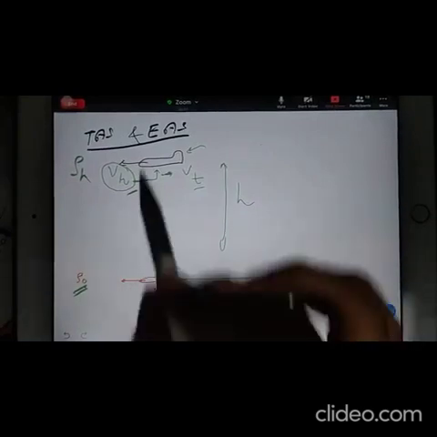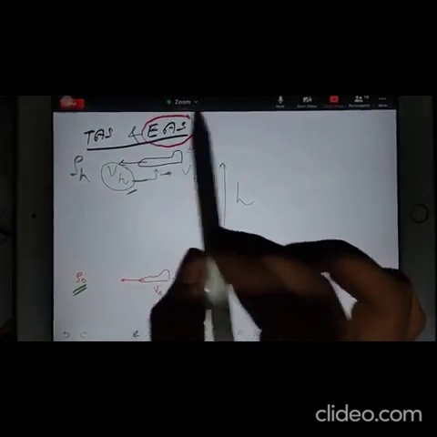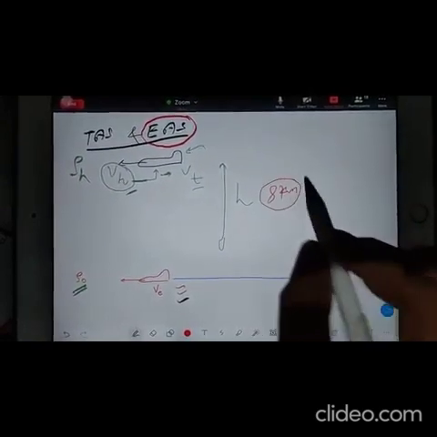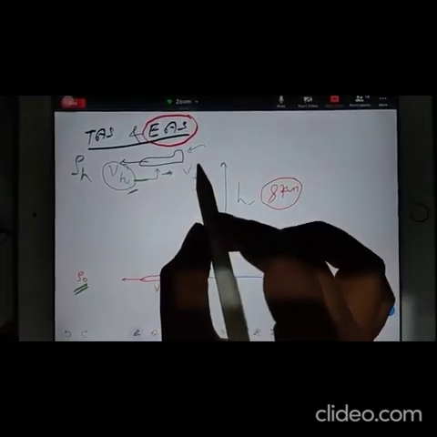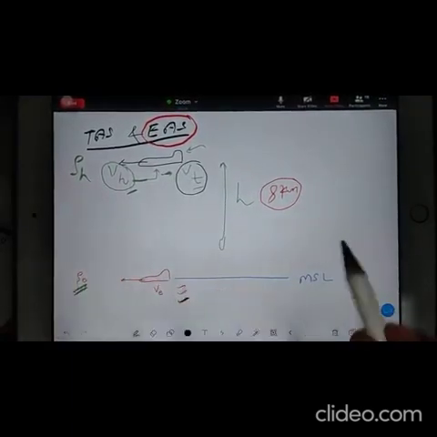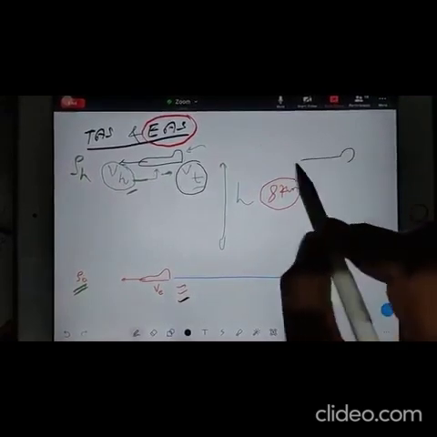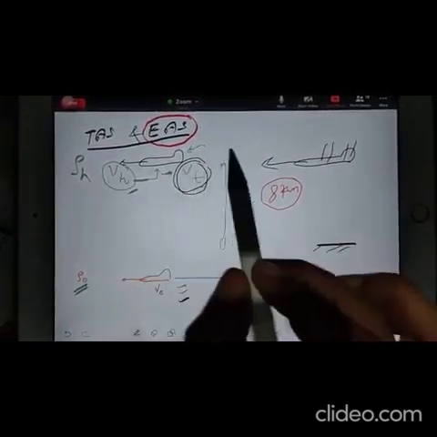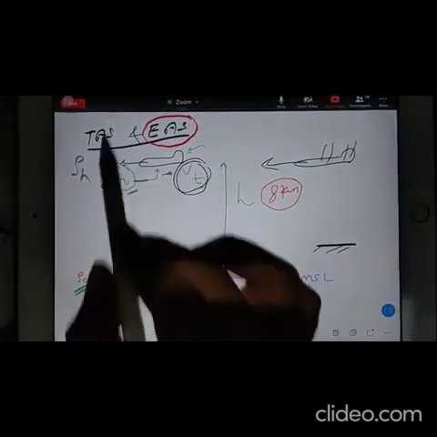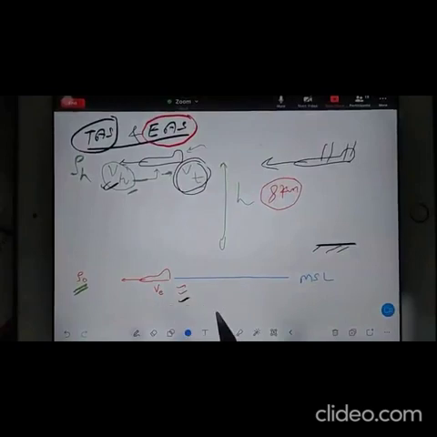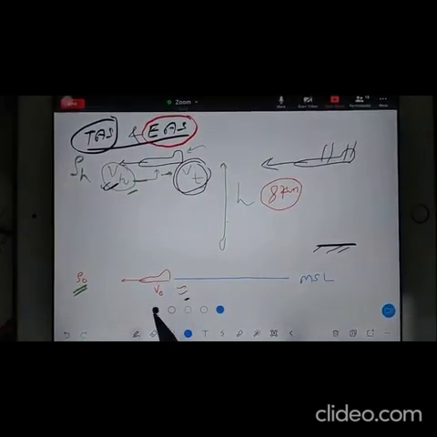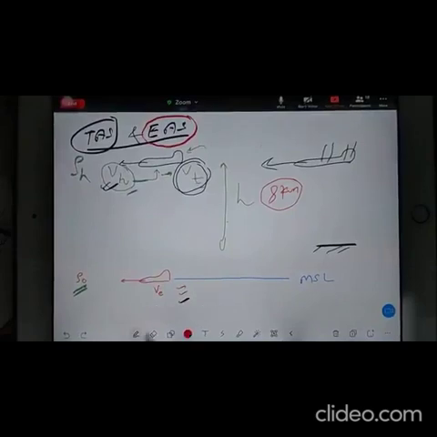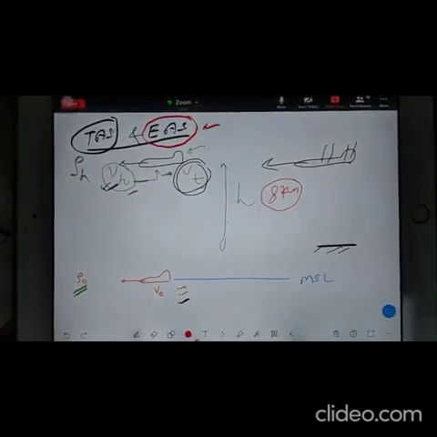So the concept of equivalent speed is this: suppose the aeroplane is flying at 8 km altitude. It will have its own speed. With respect to the ground, you can clearly see how fast the aeroplane is going. That is the original speed of the aeroplane. That is the true speed, or you can say the real speed at the particular height. So it means true airspeed. Now see why I am saying true airspeed: because with the same speed the air will enter the aeroplane. Now the question comes, what about equivalent airspeed?